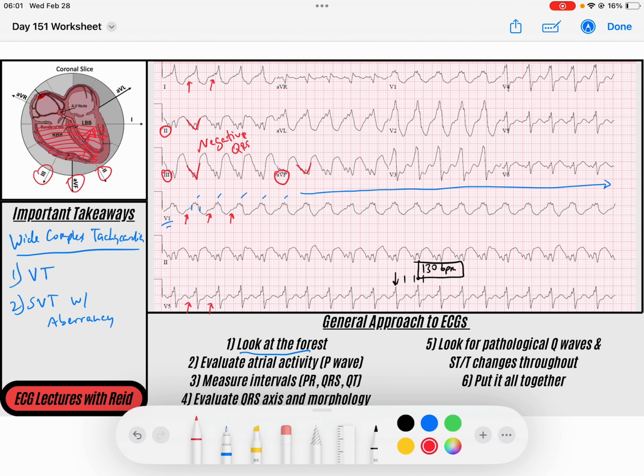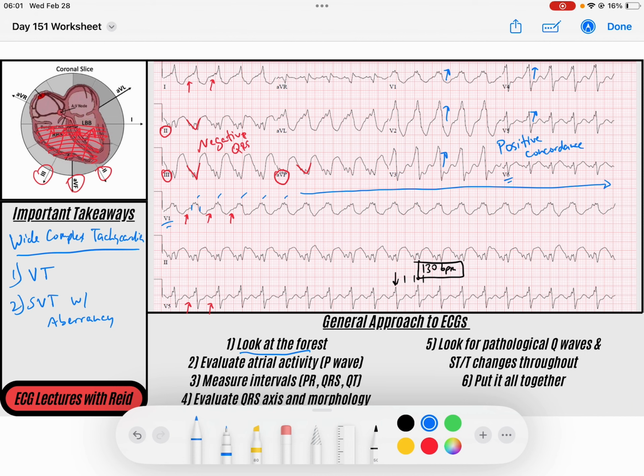Because depolarization is spreading in a direction that is not common if conduction is through the AV node just in aberrant fashion. Something else that I noticed that makes me think about ventricular tachycardia is my QRS complexes are often positive throughout the precordium, right? The only one that's just barely negative is V6. So that would be something called positive concordance,